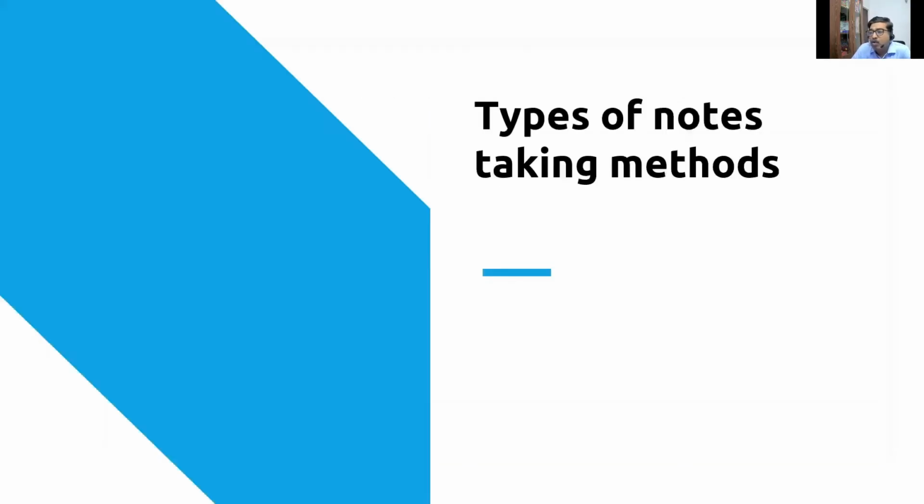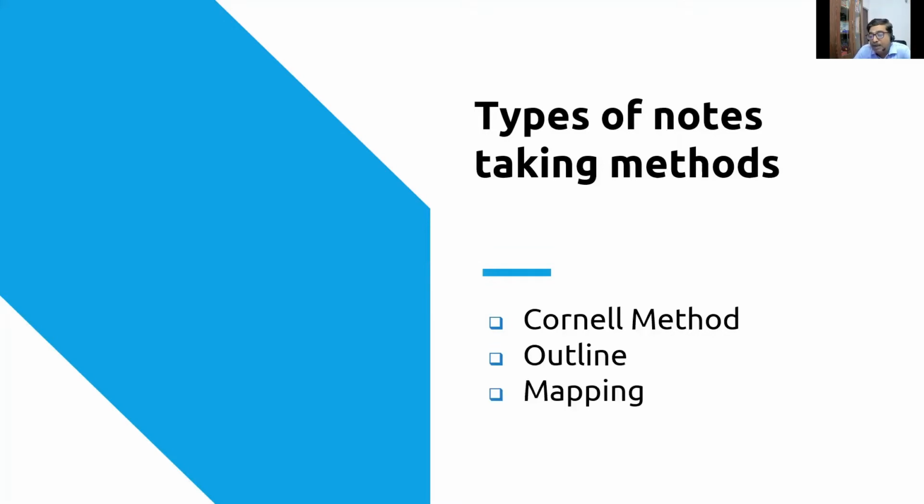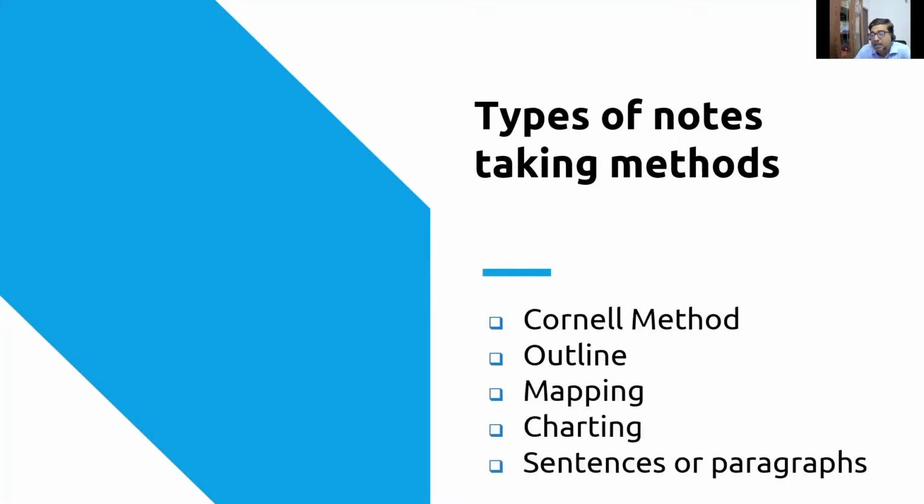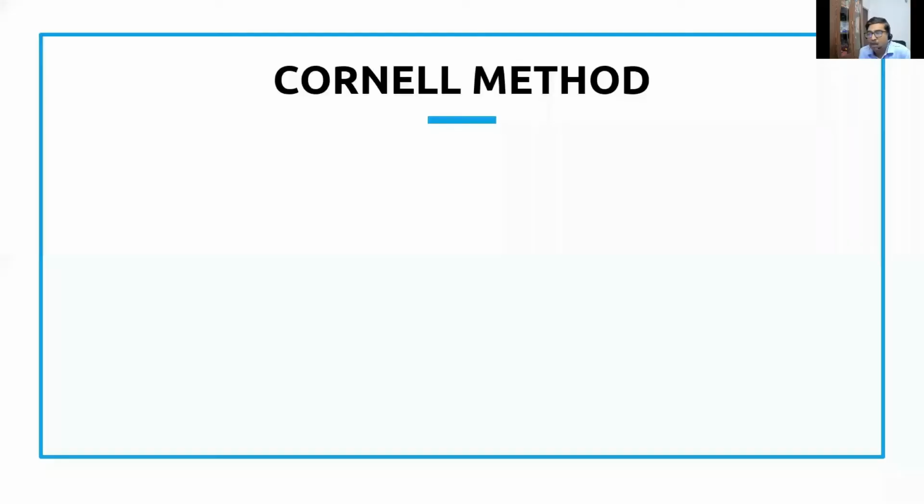Now, we shall go into the types of note-taking methods. The Cornell method is the most recently advocated concept, then the outline method, the mapping method, the charting method, and the sentence or paragraph method. The Cornell method is the most widely followed method, and